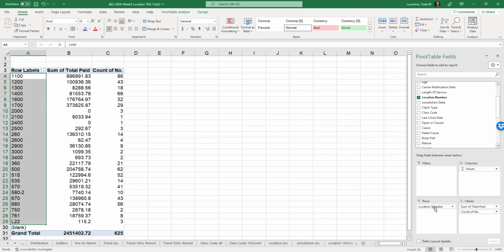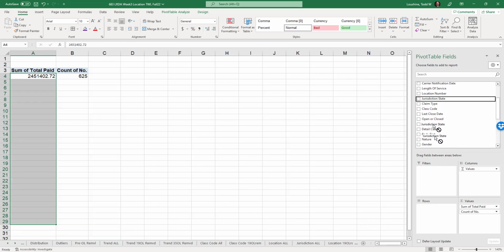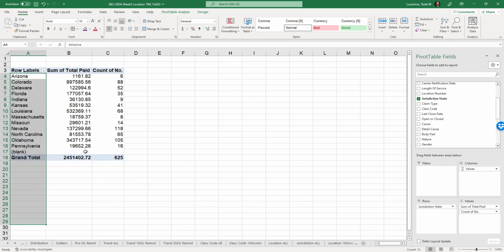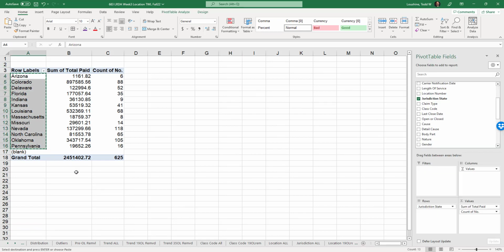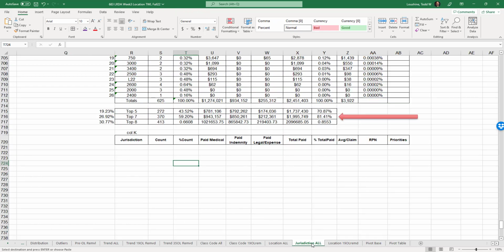And we want to move location number back up here and bring down jurisdiction state. Looks like everything is accounted for. So I will highlight these, copy. And we'll go back to the jurisdiction. Where are you? Here it is.